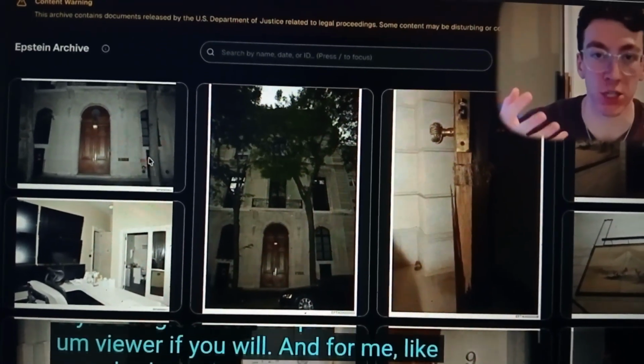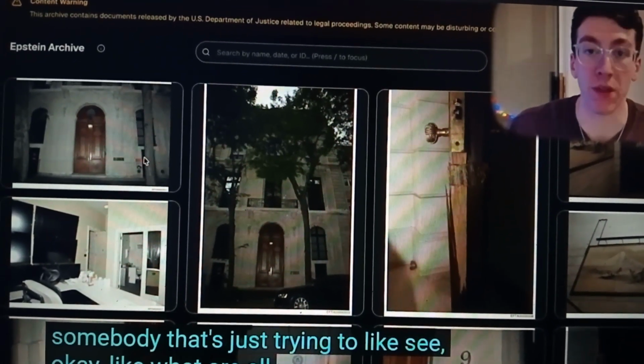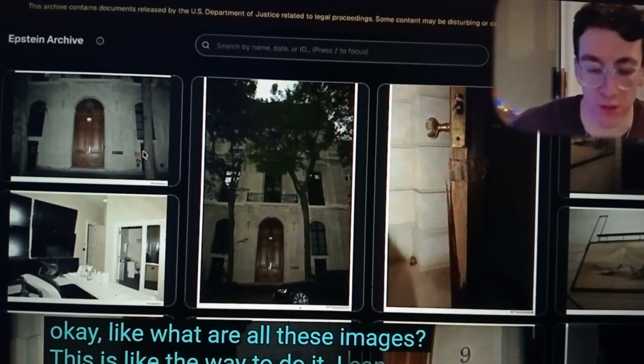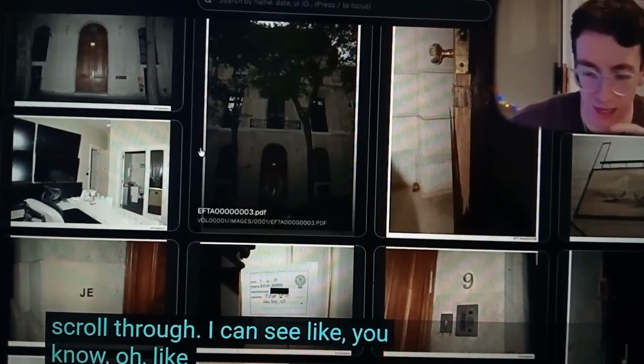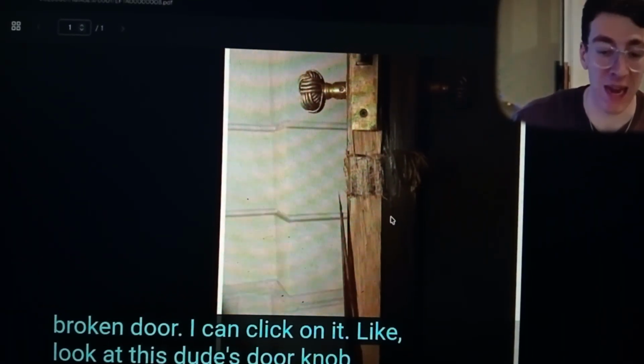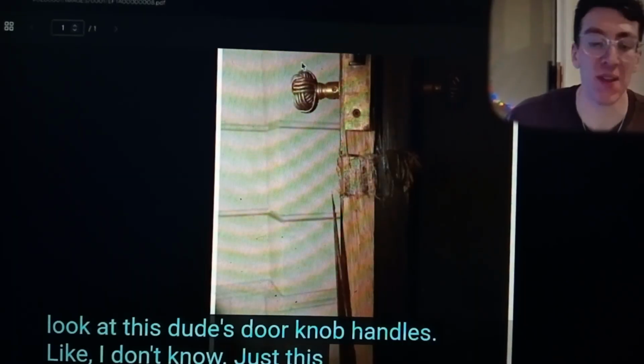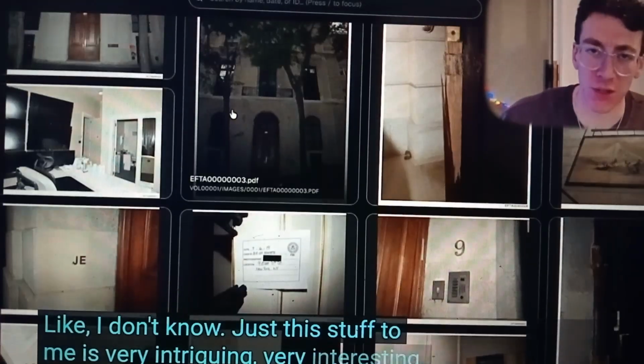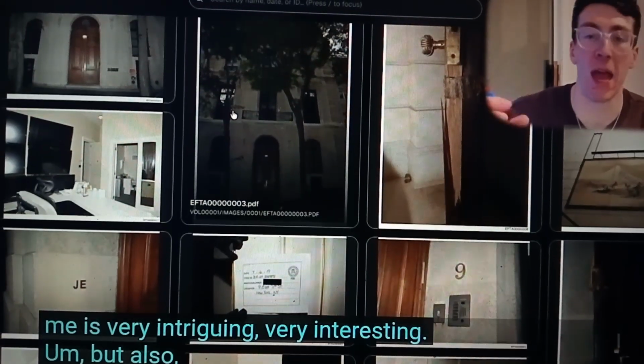And for somebody that's just trying to see, okay, what are all these images? This is the way to do it. I can scroll through, I can see, oh, here's a picture of his broken door. I can click on it. Look at this dude's doorknob handles. I don't know, this stuff to me is very intriguing, very interesting, but also, as I will preface